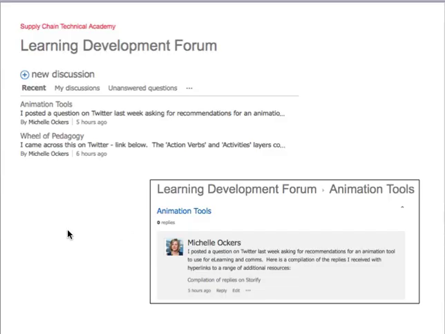Looking at one of our team forums, the Learning Development Forum, which you can see is relatively new. We've got a couple of posts made. This is where we discuss any issues, share resources relating to learning development, and generally work out loud about our learning development activities. In this particular post on animation tools, which you click on the title to open up the